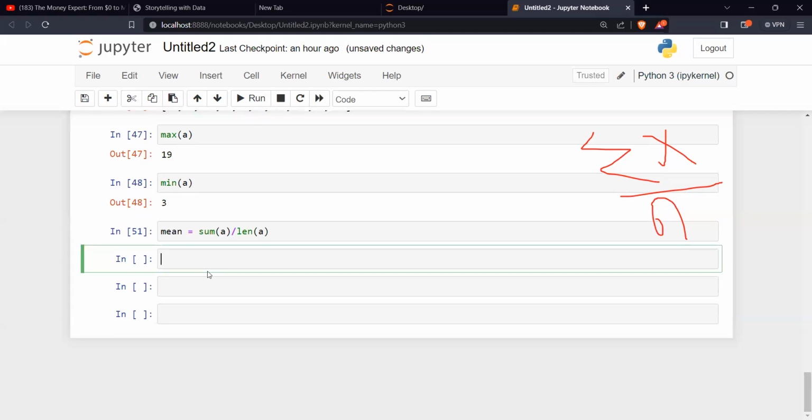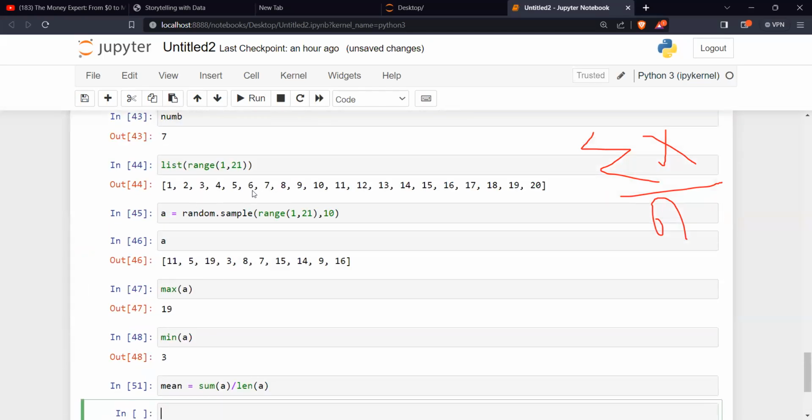What you are seeing here is that there are some libraries that already have inbuilt functions for you. There are so many libraries that you can use. This is just an example, but subsequently we'll start introducing other libraries.